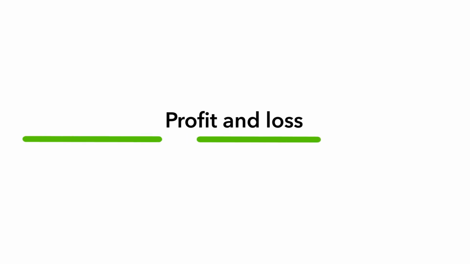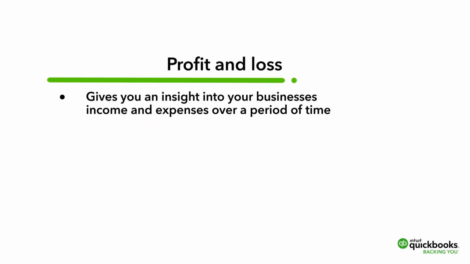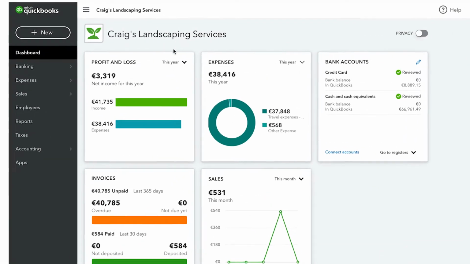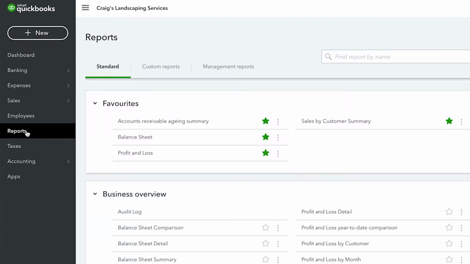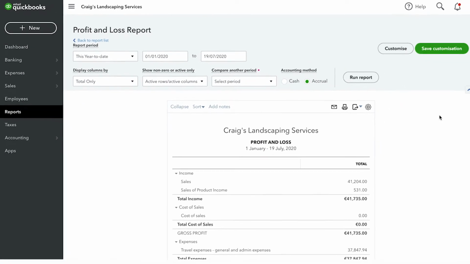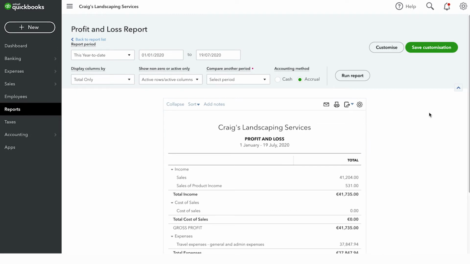The profit and loss statement gives you an insight into your business's income and expenses over a period of time. You can access your profit and loss statement by selecting Reports from the navbar on the left and then clicking Profit and Loss underneath Favorites. The profit and loss statement shows you how much money your business made and spent over the displayed period of